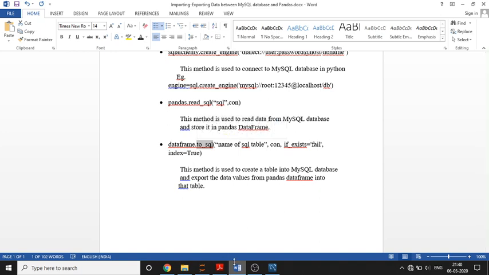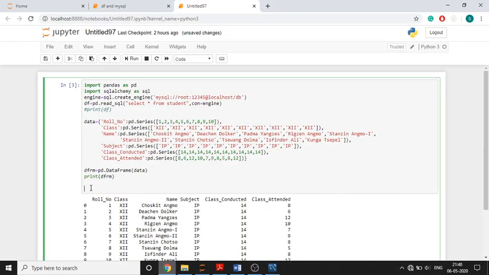What I have to write is the data frame name dfrm followed by a dot and then to_sql, and in the parameters I have to pass the name of the SQL table. So I will write it as, let's say, attendance. Okay, and then the connection,